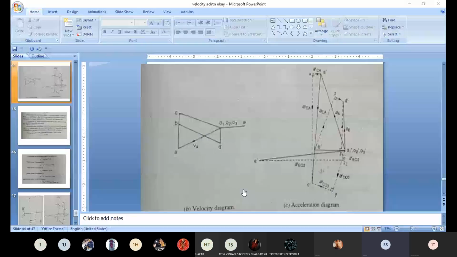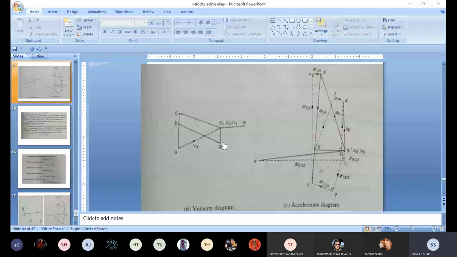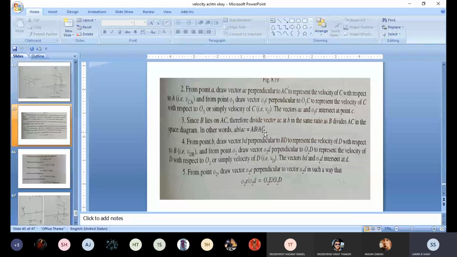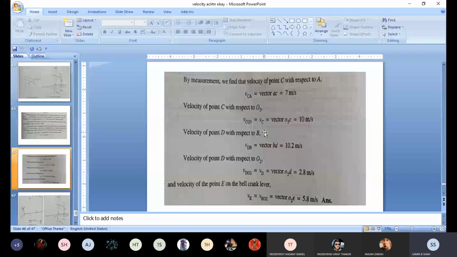In the previous lecture, we discussed the velocity diagram of the mechanism, as you saw in the slide. So we know what we are finding in the velocity, and based on that we are getting some answers from the velocity that we did not discuss in the previous lecture. So you just compare your answer with this.